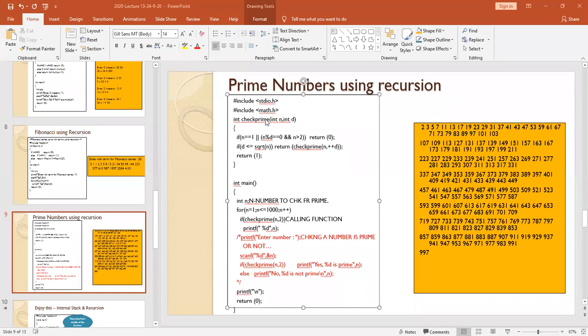Okay, so now you come to the check prime. If n == 1 or n % d == 0 and n is greater than 2, then if these conditions hold, it will return 0. So for a non-prime number, it will return 0. Otherwise, if d is less than or equal to the square root of n,